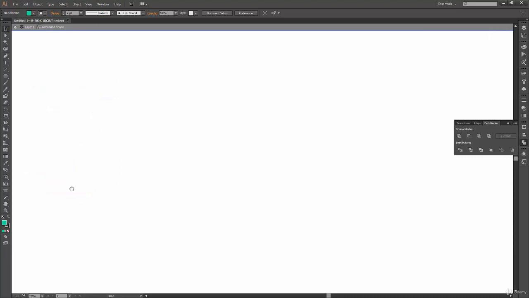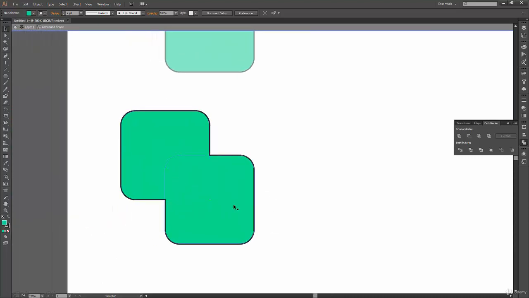Now, like I said, when you press Alt and click on this icon, then it will maintain your compound path information. So this time it has created a compound path for us, except this time instead of punching a hole through your previous shape, it has summed up our two shapes together. So yeah, we still have both of these shapes like we used to have in our compound path operation. So it works the same way.